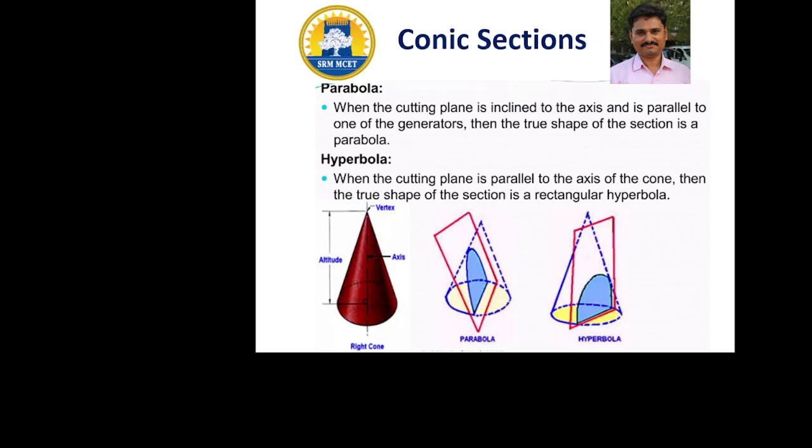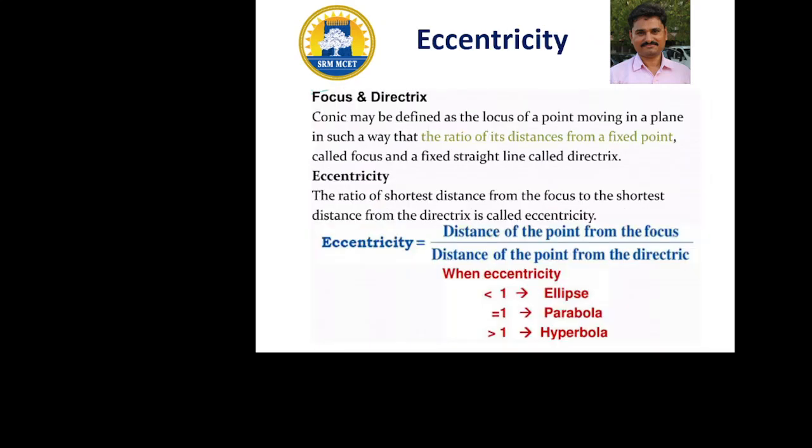So based on the position of the cutting plane, we can get various conic sections like ellipse, circle, hyperbola, parabola. We have many methods to draw the conic sections, but in our syllabus we have the eccentricity